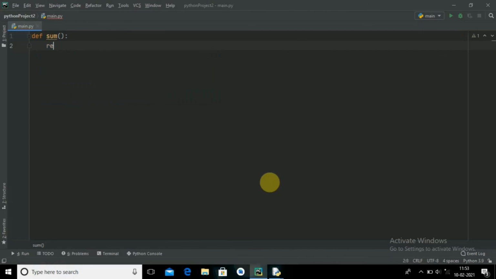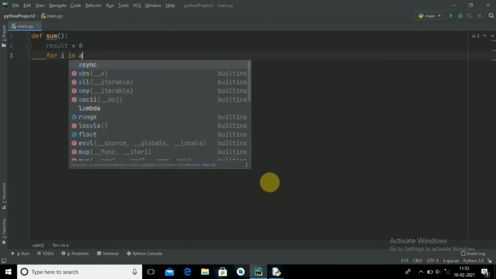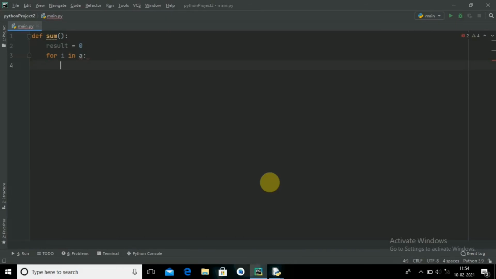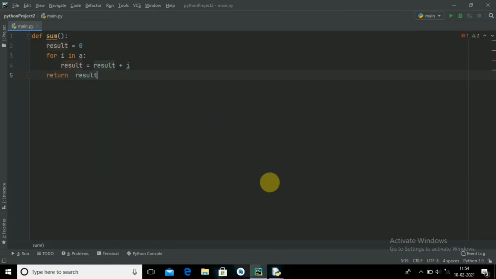Now result initially given as 0, and for i in a, result equal to result plus i. Now return result.